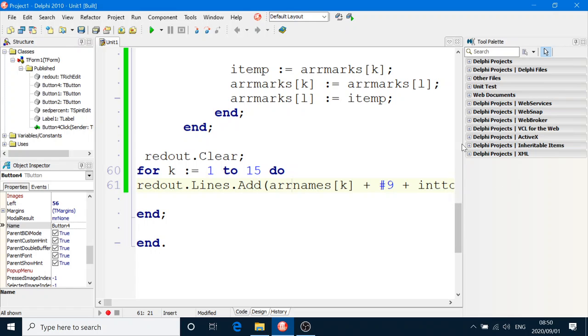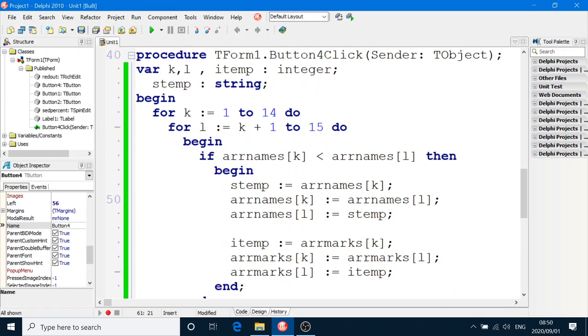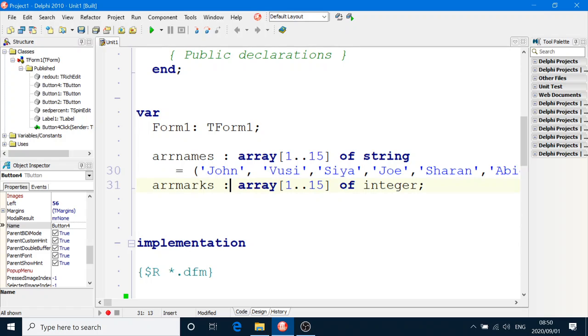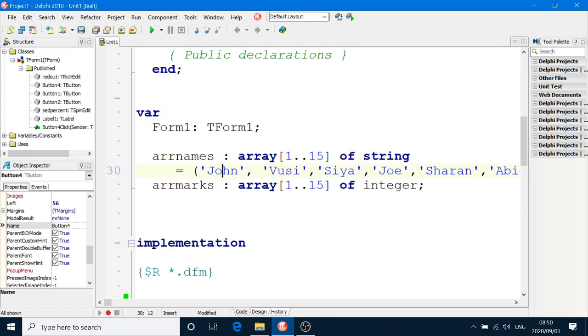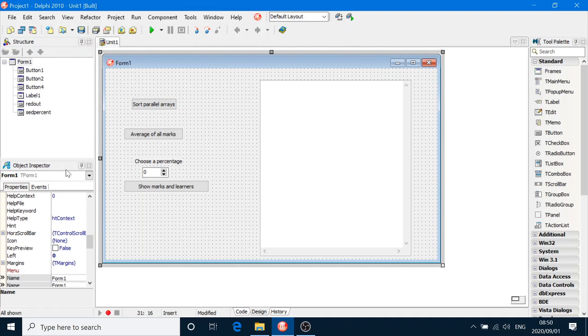Now, the only problem here is that AR marks has not been allocated any marks. AR names, we've got the names in there. In the array declaration we included the names as well, but in AR marks we have to go and put some random numbers into AR marks. So we're going to do that in the onActivate event of the form. Click on the form, go to onActivate,